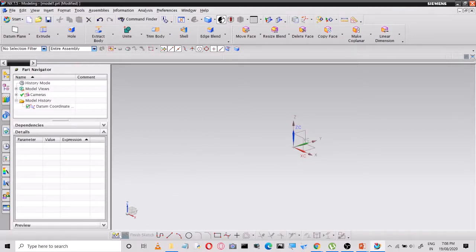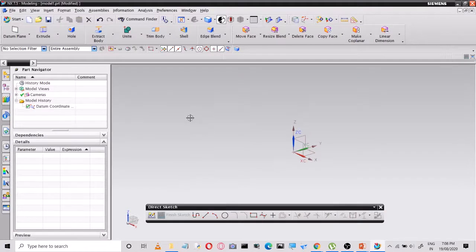Okay. So to have a sketch, now click here. So you can dock this toolbar either upside or on downside. Okay. You can dock this toolbar.